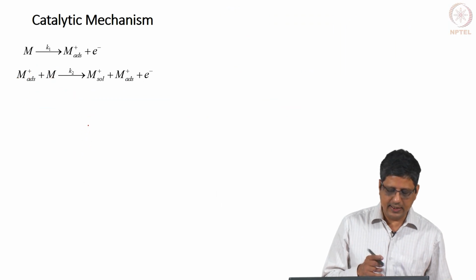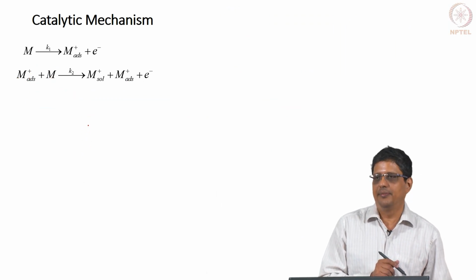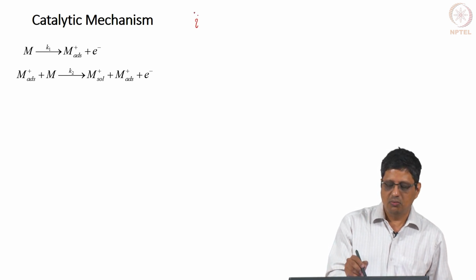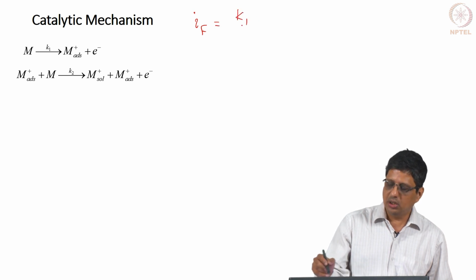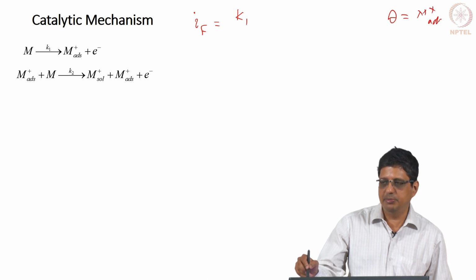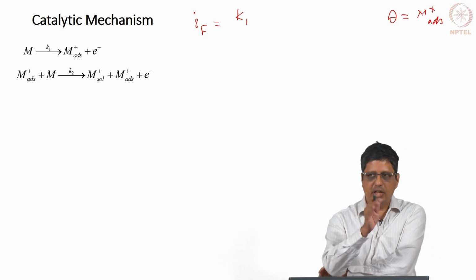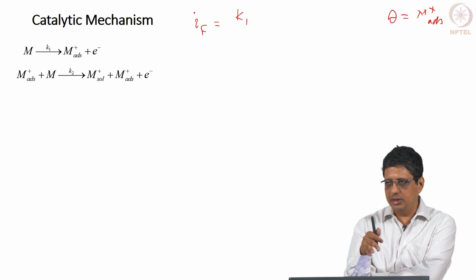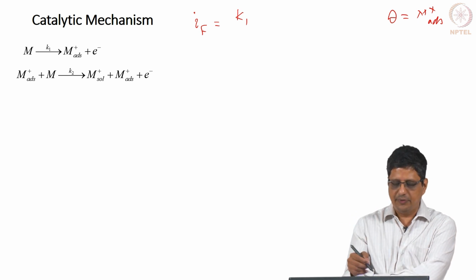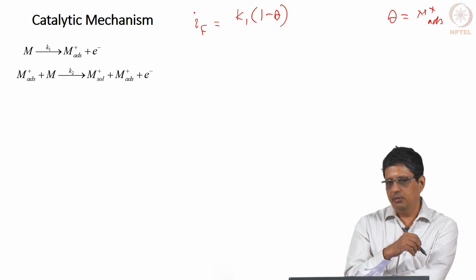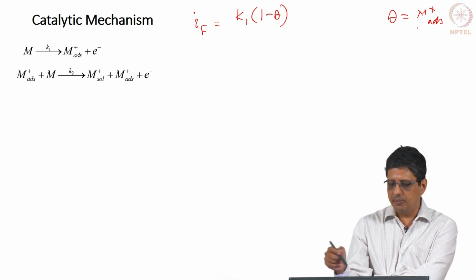So, now you visualize this, I would like you to write the mass balance and charge balance equations for this. What is going to be the charge balance equation? I am going to call theta as the fractional surface coverage of M plus adsorbed. There is only one species here. I am taking actually a simple equation. You can have it for multiple species and you can say one of these steps is a catalytic step, that is all okay, but we want to take the simplest one. So, vacant metal site is going to be called 1 minus theta, bare metal site is 1 minus theta, theta is M plus adsorbed.